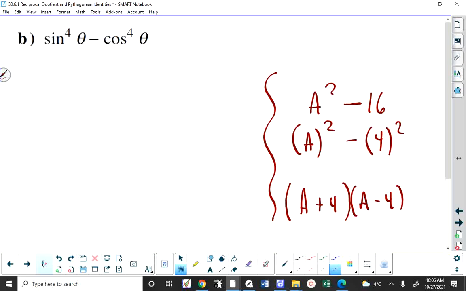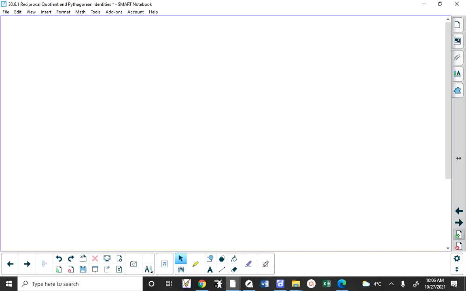So a squared can be written as a squared. 16 can be written as 4 squared. And anytime you can write the two terms as one thing squared minus the other thing squared, it factors into the first thing plus the second times the first thing minus the second. So it doesn't matter what those things are, everybody. Those things could be